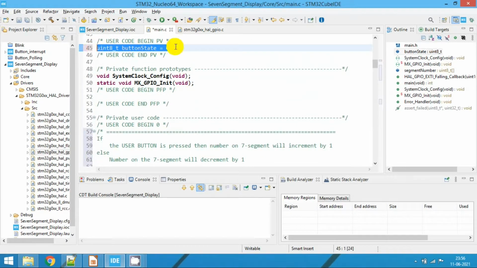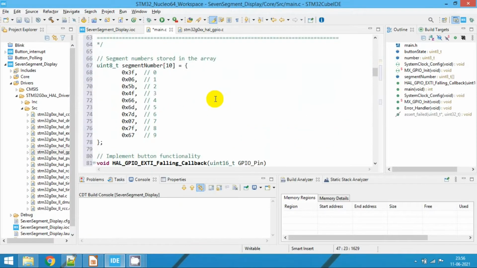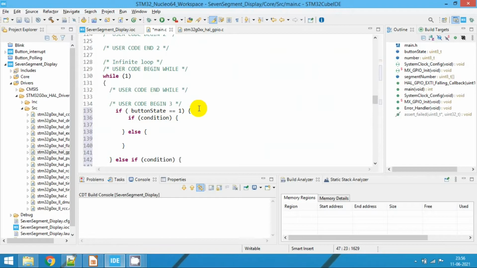This number we are going to display on the 7 segment. If this number is equal to 9, that means it reaches the maximum value on the segment, then we'll make the number equal to 0, else we will increment the number by 1.